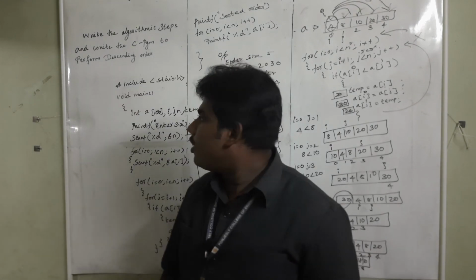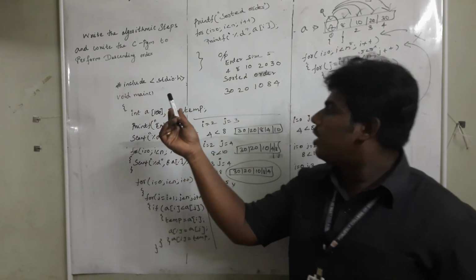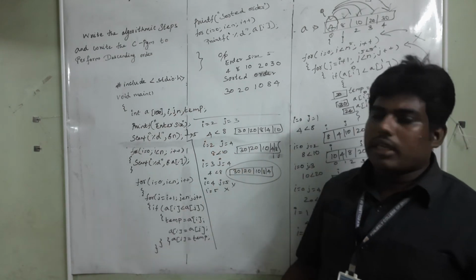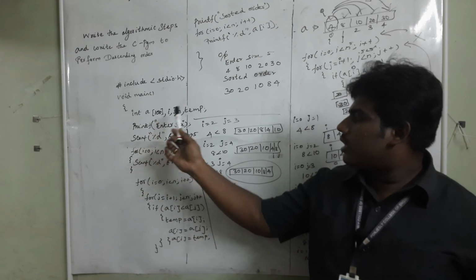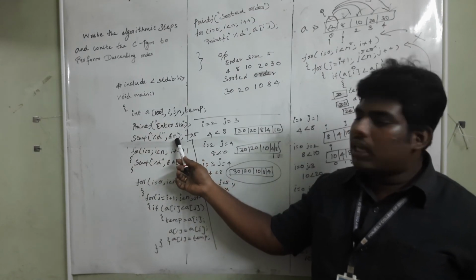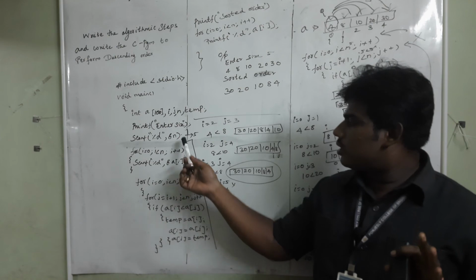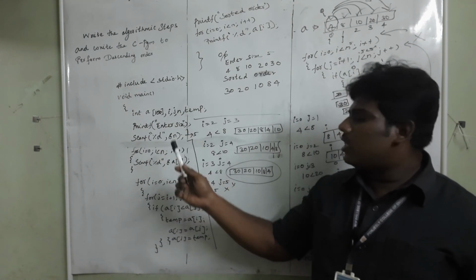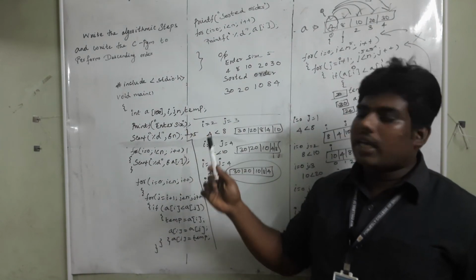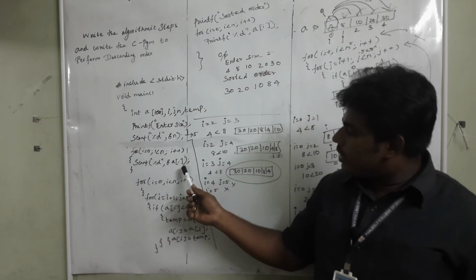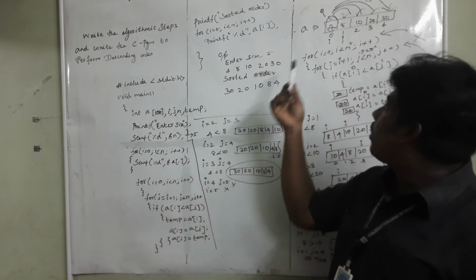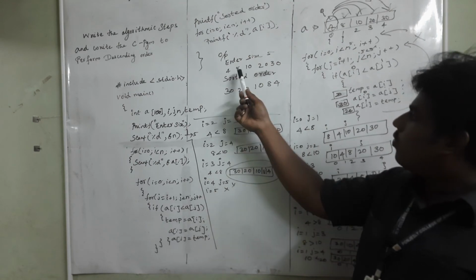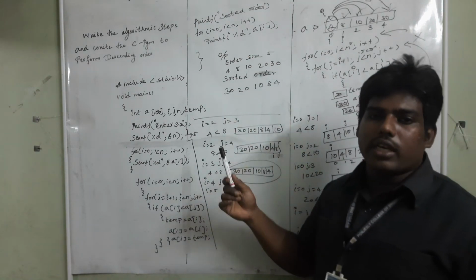I will explain once again. First I am including the header files, then the starting position. I am declaring the array. I am taking a bulk memory of 100 size. Inside that I am going to use only 5 memory locations. That is this n value. Then i, j are for the loops. For the swapping process I need temp. Here I am getting the input inside the for loop. Instead of getting 5 inputs separately, using the for loop I am getting the input for this array. Okay, 4, 8, 10, 20, 30. One by one I will give.